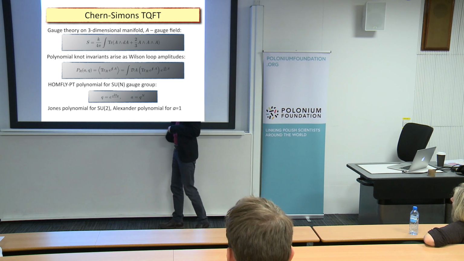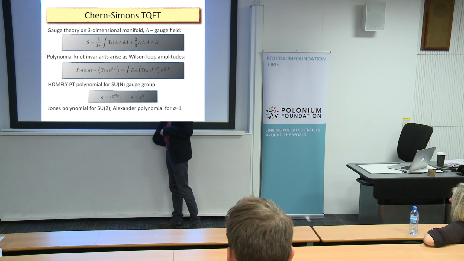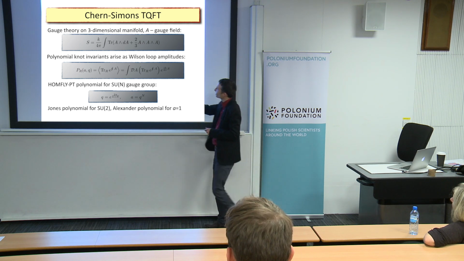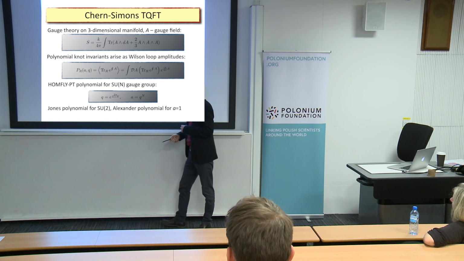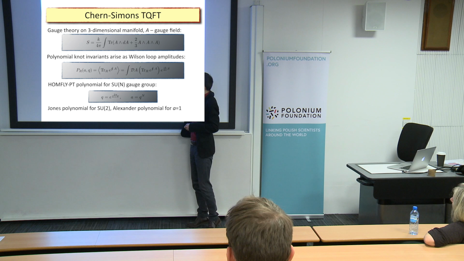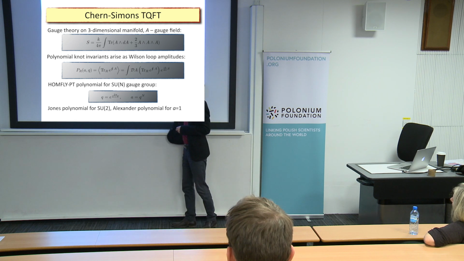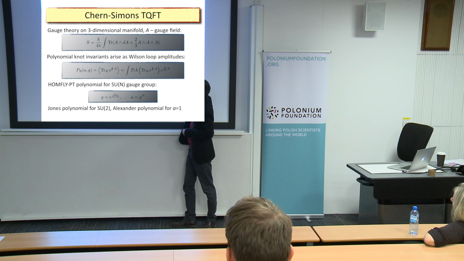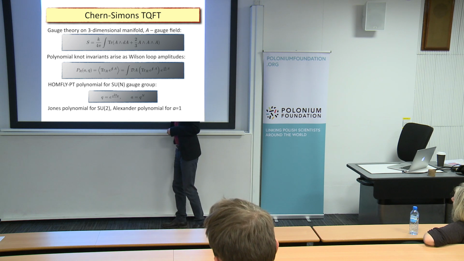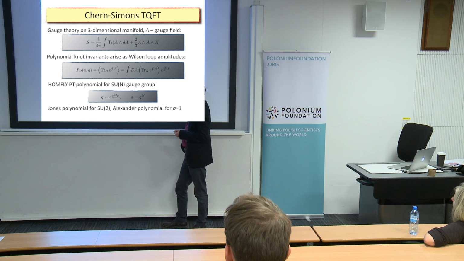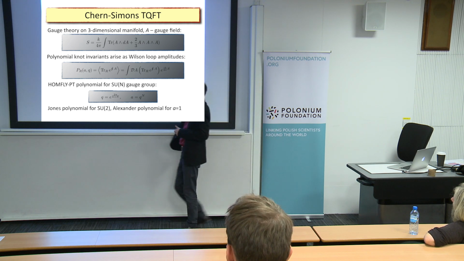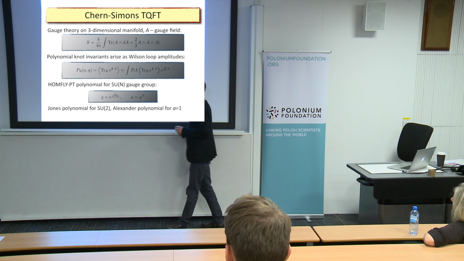And now this expression denotes roughly what I mentioned before. So this integral with this capital D means that you are supposed to consider all possible configurations of those gauge fields. They all contribute in some way to your quantum amplitude. You have some measure which is the exponent of that classical action. And then this thing in the bracket, essentially, is the exponent of the integral of this gauge field along some trajectory. So at the end, this result gives you some function of the parameters in this expression, and it turns out to be equivalent to this HOMFLY-PT polynomial that I mentioned before.